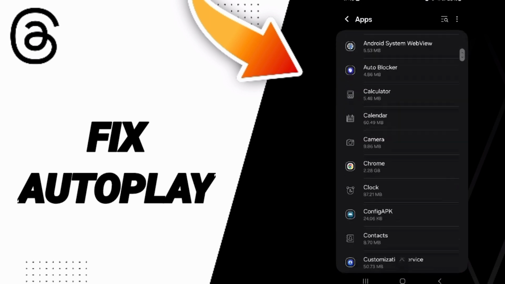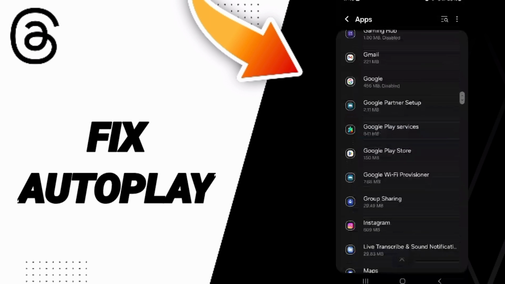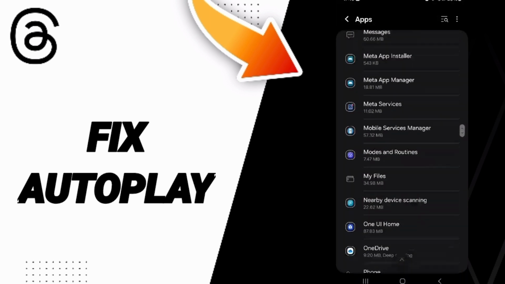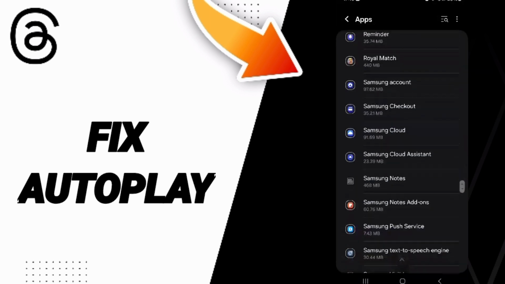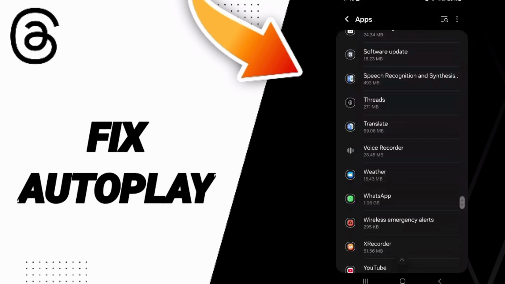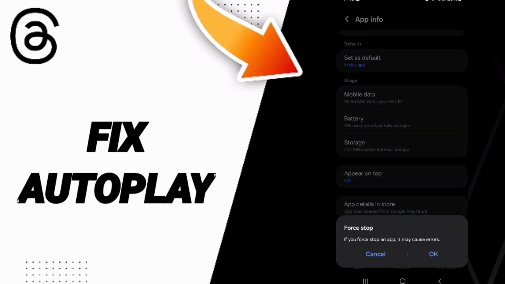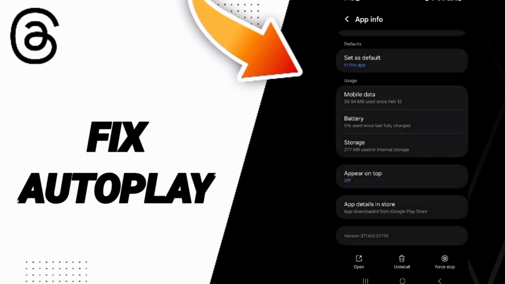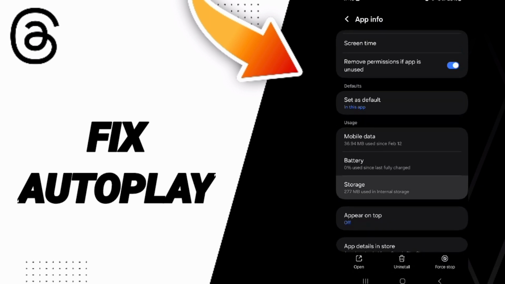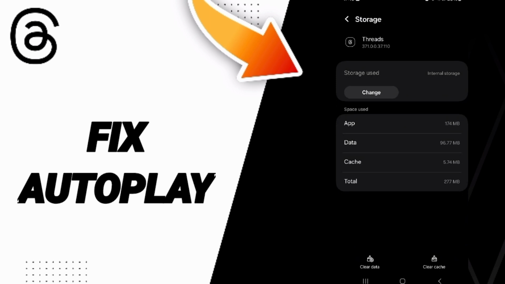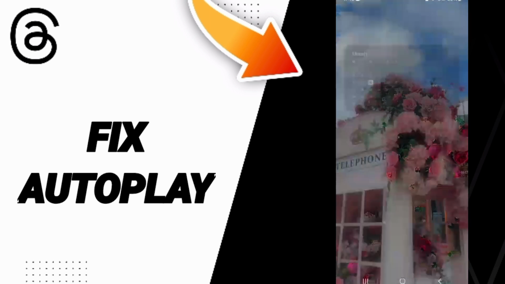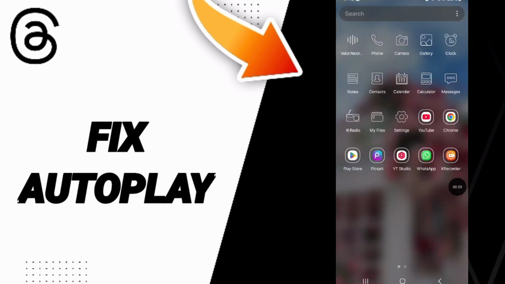Here in this page you will search for the application of Threads, and you will go here to this window. Then we click on force stop and you will click OK. Here you will enter the storage window. Then we click on clear cache. In the end you will turn off your phone, so please don't